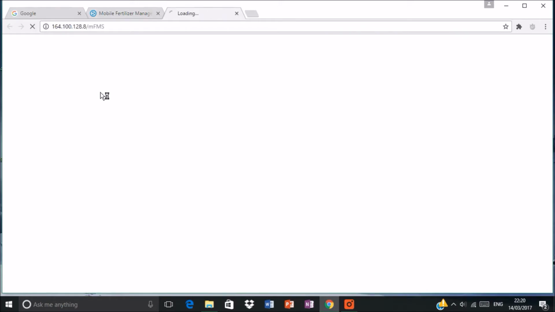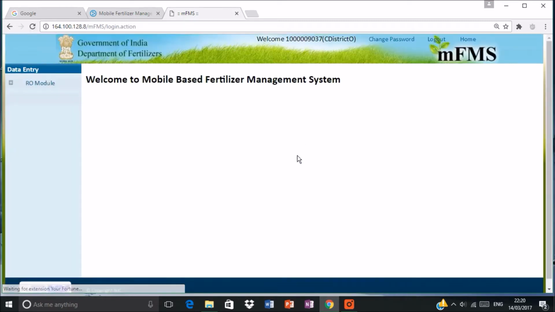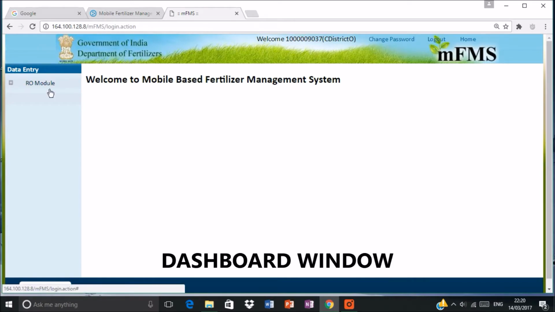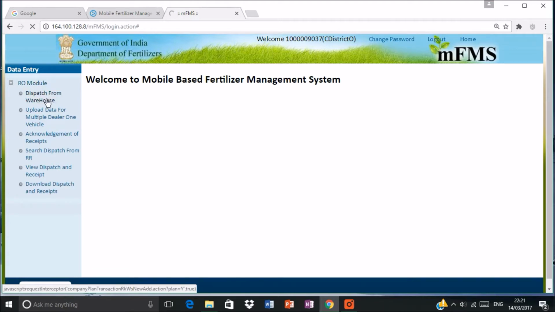The link given on the homepage portal would take you to the next login screen. There the user would enter the MFMS user ID and password. Click on Submit. The dashboard window of the plant manager, wholesaler, warehouse or retailer will appear on successful login. The user would then click on the RO module link on the left-hand panel under the Data Entry